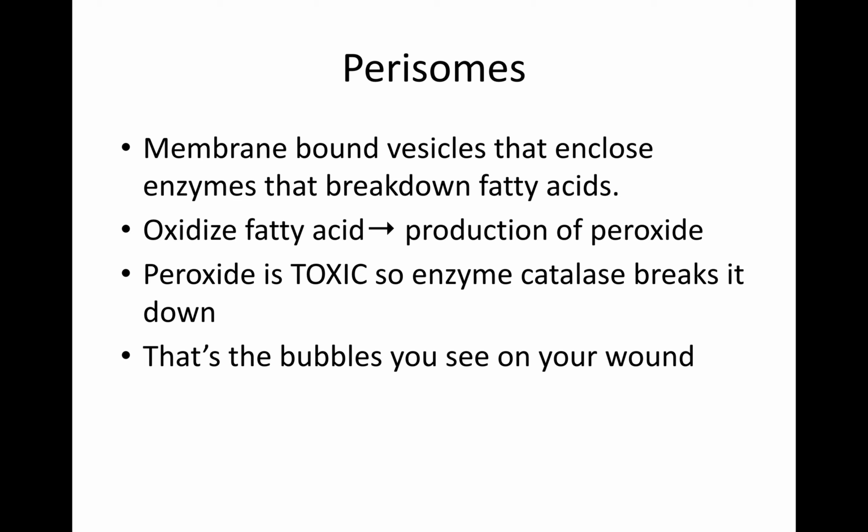So peroxisomes are membrane-bound vesicles, just like a regular vesicle, but instead of just having fluid inside, or maybe the enzyme that breaks down everything like lysosomes, this one's going to have an enzyme that specifically breaks down fatty acids. When it oxidizes fatty acids, it produces peroxide. Peroxide is very toxic, so you're going to have an enzyme, catalase, that will break it down, okay? When it breaks it down, oxygen is going to be released,